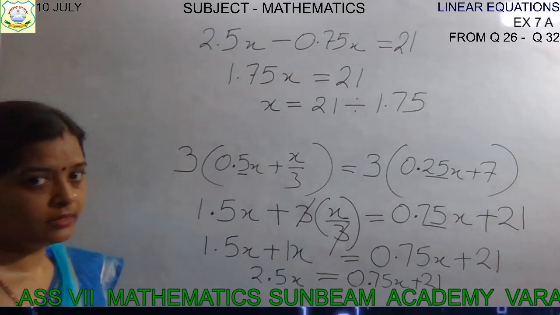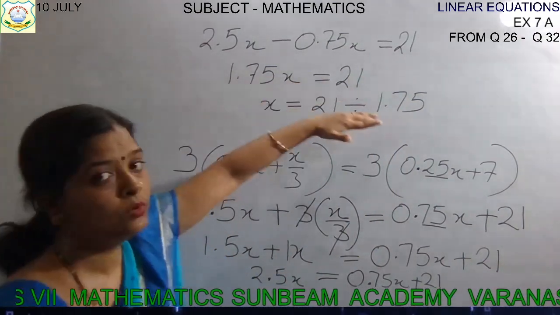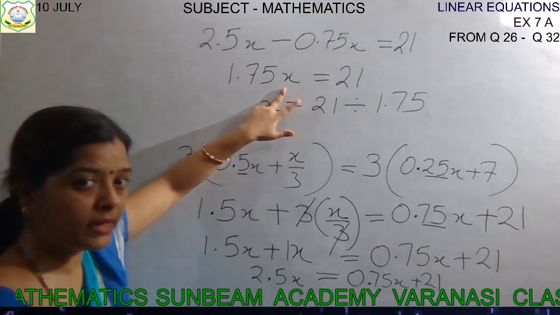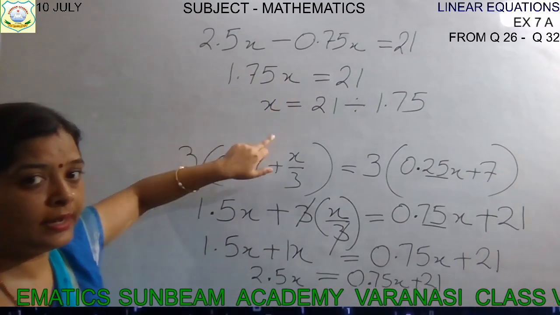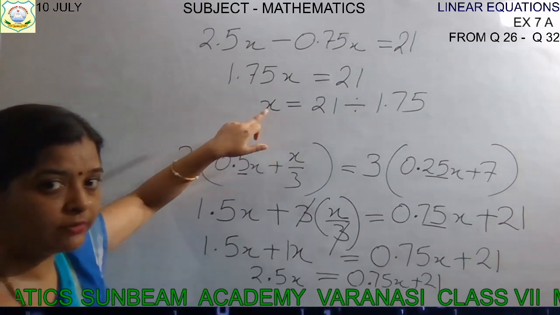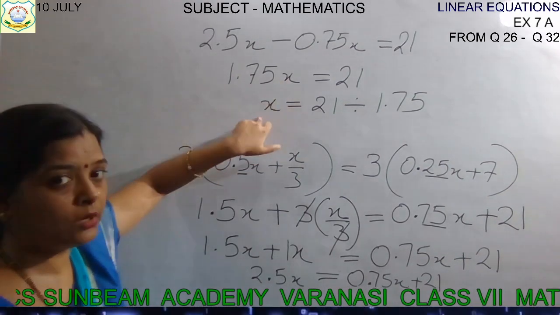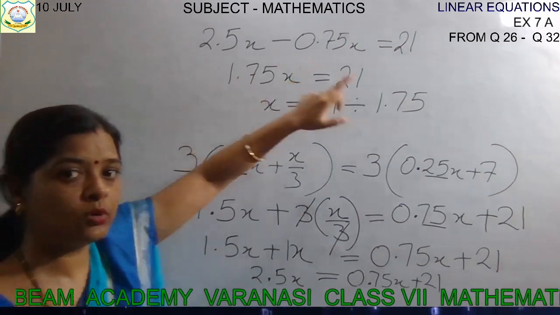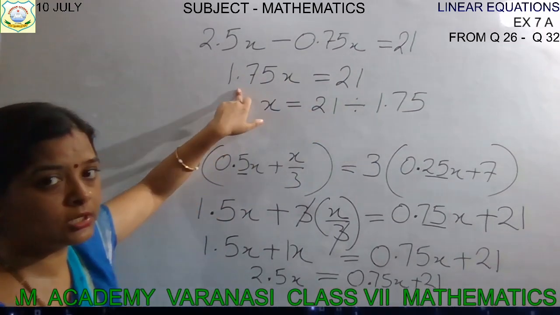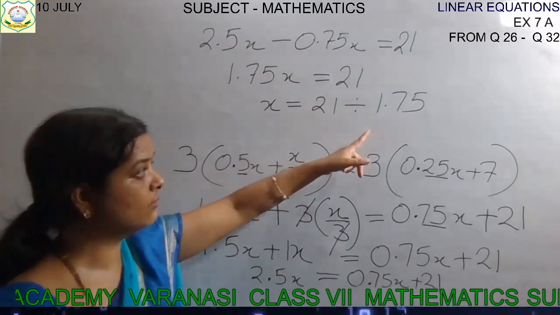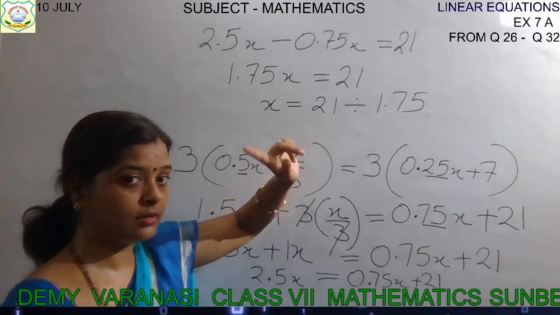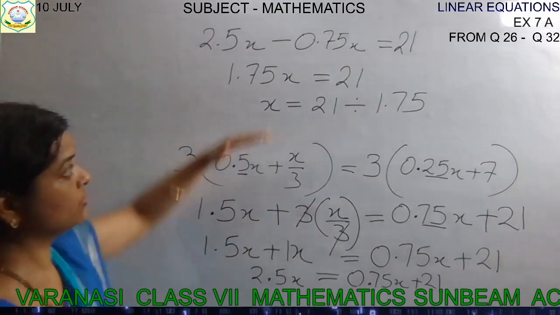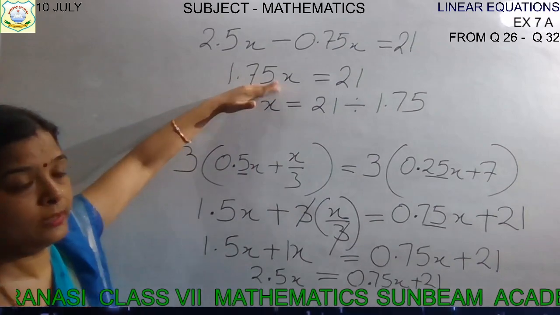What have I done? I have transposed 1.75 to the RHS. Here it is in multiplication with x, and we have to find the value of x. So we will separate x, we will make it alone because we have to find its value. But 1.75 is attached with x, so we have to transpose it to the RHS. It is in multiplication, so when it transposes to that side, it will go for division. The sign will not change, children. In multiplication, when you shift it, the sign will not change, because we are transposing a part of it only.